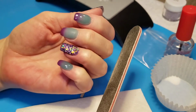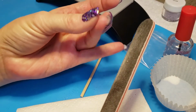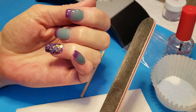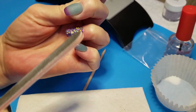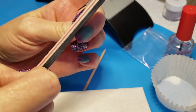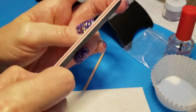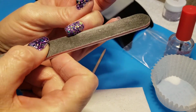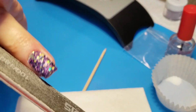Once your activator is dry, very important that you make sure the activator is dry also, because the activator is what hardens your nails. If you don't wait long enough, then your nails aren't going to be hard enough and you're going to try to file them and they're just going to smush together and fall apart. You're not going to be a happy camper. Usually about 2 minutes is long, so wait for 2 minutes to dry